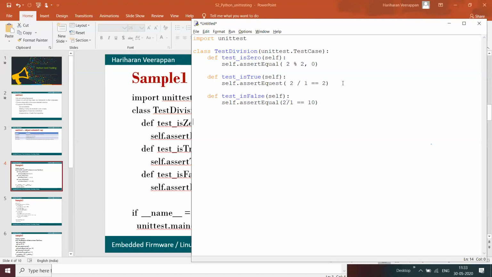Once it is done, I'm going to write if __name__ equals __main__, unittest.main(). I'm going to call this main over here.